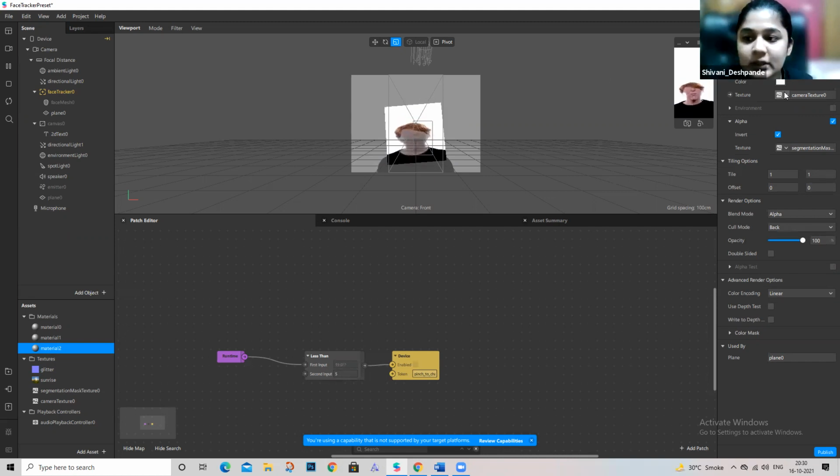This is how I do it. In texture you take camera texture, and then go to alpha, click on alpha option, and in texture take the segmentation mask texture that you've taken, and